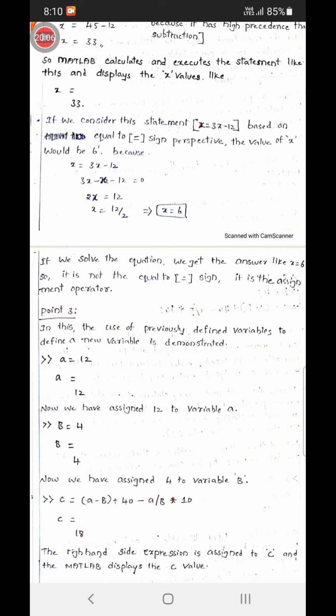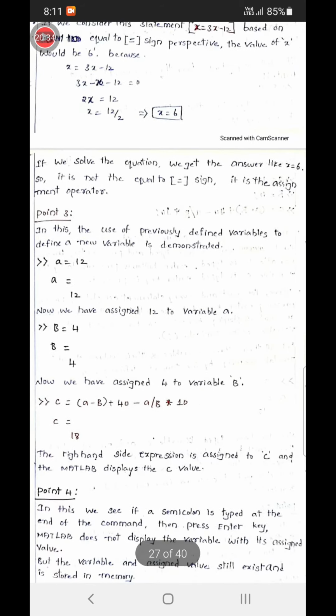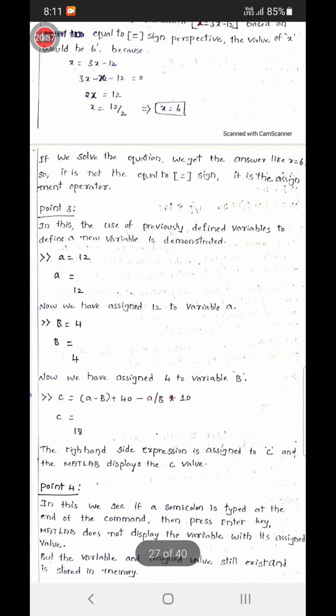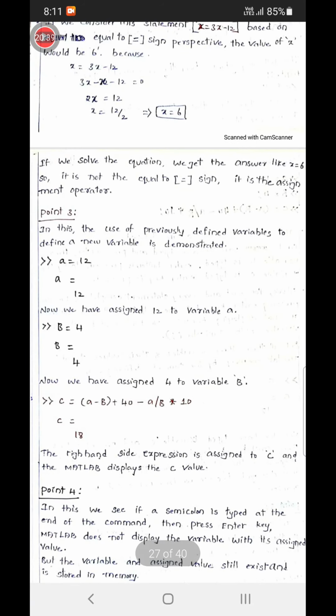A computable expression is assigned to the variable c, and we have included the previously defined variables a and b. After doing the calculation, we get the output value as 18. So that is the point we need to understand: previously defined variables we can use in defining new variables.